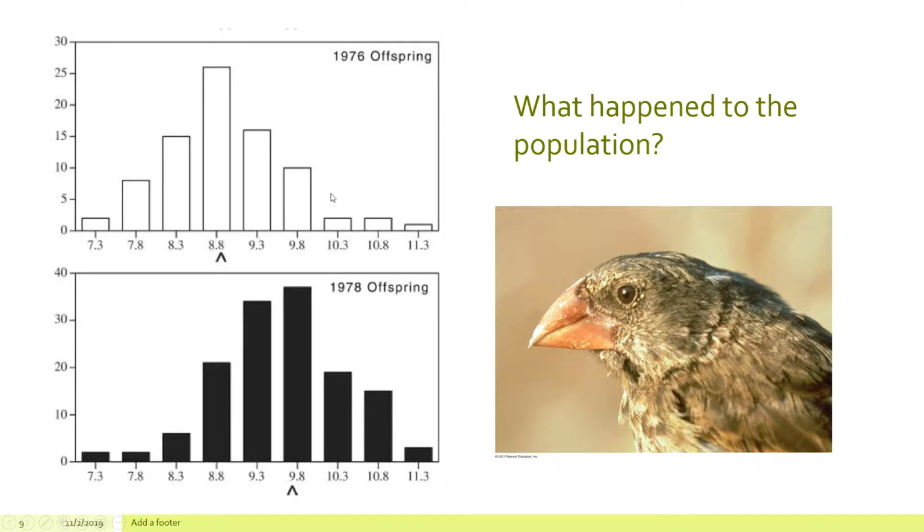Again, you can see that one organism did not evolve. The population evolved. And how they did that is the birds that had this size of beak died. They were not able to reproduce as much. While the ones that were in 9.8 size, they did survive, in the 10.3 and the 10.8, and they were able to reproduce. And now we see a total shift in the population of that phenotype.